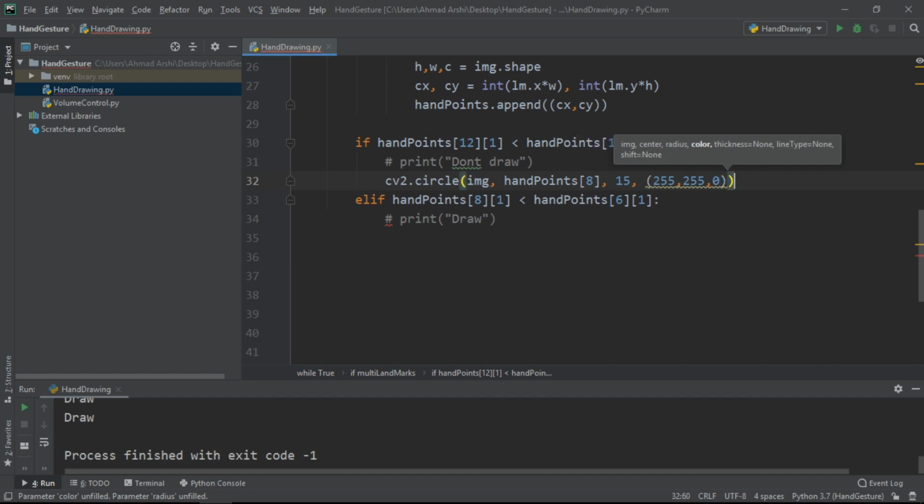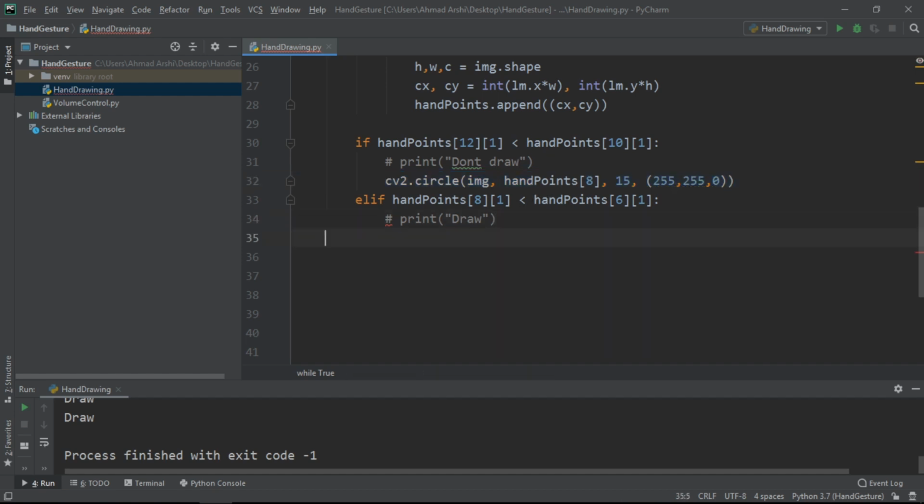So what it will do, if we are in don't draw mode, it will just draw the circle on the index finger, but the circle would be hollow. And over here, if we can draw, we will just make it cv2.filled, so it will be filled.